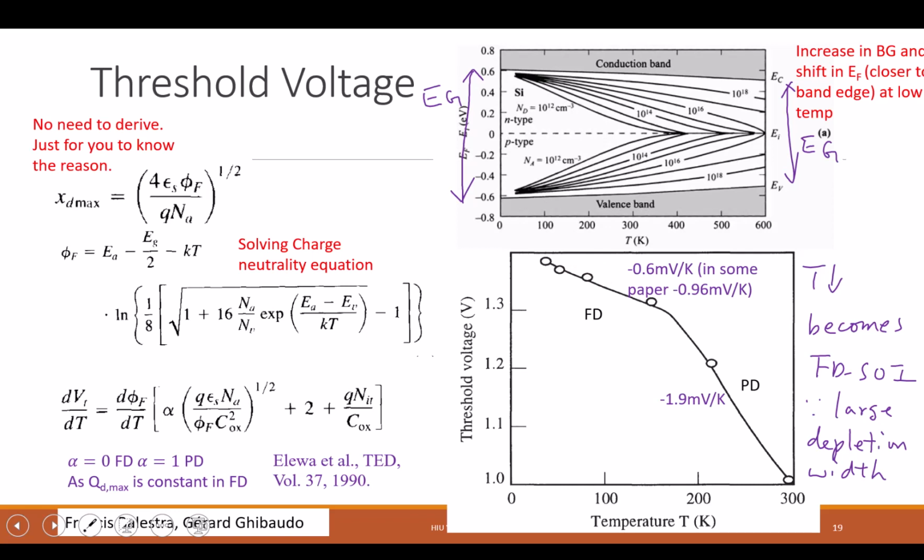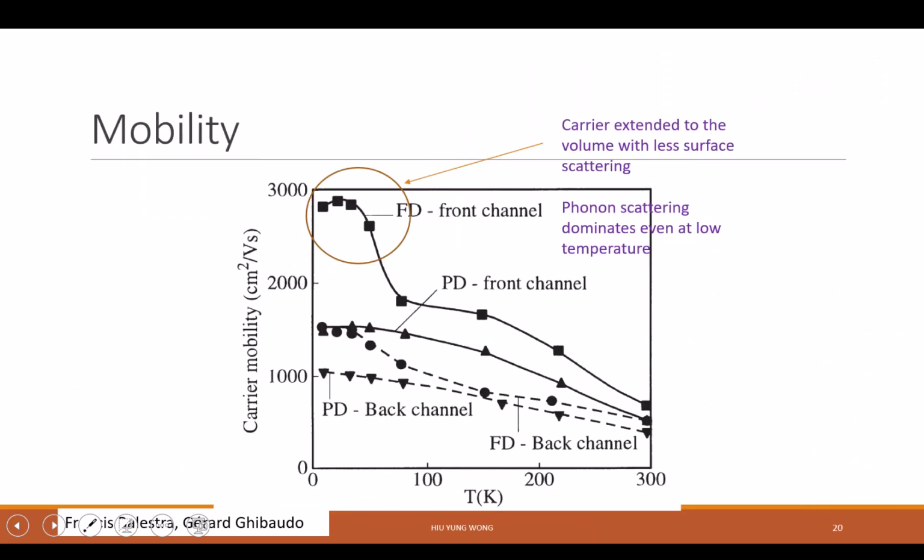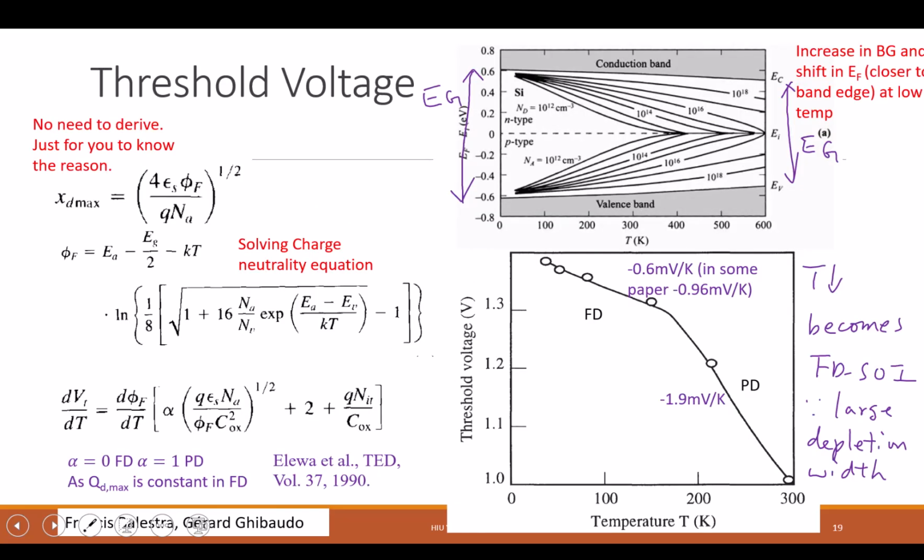I will stop here. But the only message I want you to bring back is about this slope, and it will be good to understand that the band gap increases and the Fermi level is closer to the band edge at low temperature. Okay. Any questions? If no, I will stop now. Are we gonna talk about in your fabrication